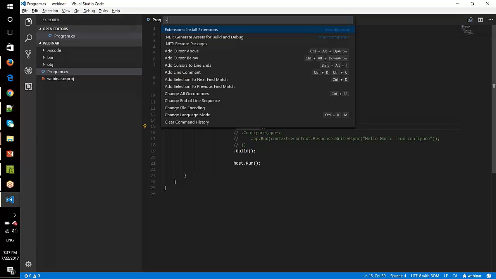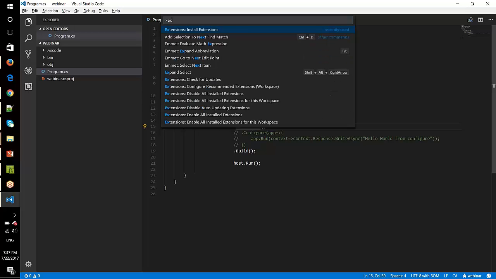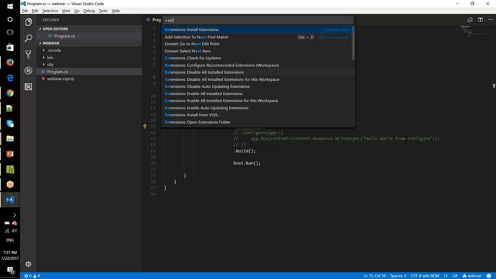Control Shift P here, type ext, which means install extensions, and